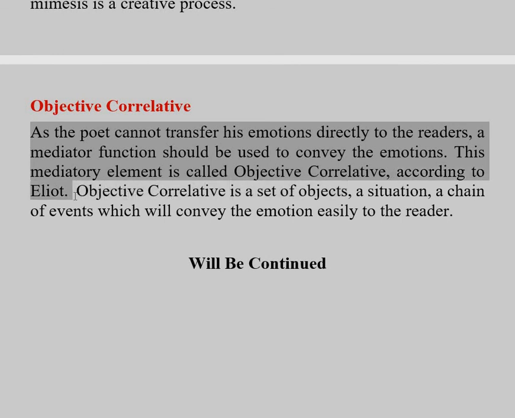So, Eliot was of the opinion that the poet cannot transfer the emotions in his mind directly to the readers. So, a mediator should be there in order to convey the emotions rightly to the reader. This mediatory element is called objective correlative, according to Eliot. Objective correlative is a set of objects, a situation, a chain of events which will convey the emotion easily to the reader. So some objective correlatives are employed by poets. So learn these terms,